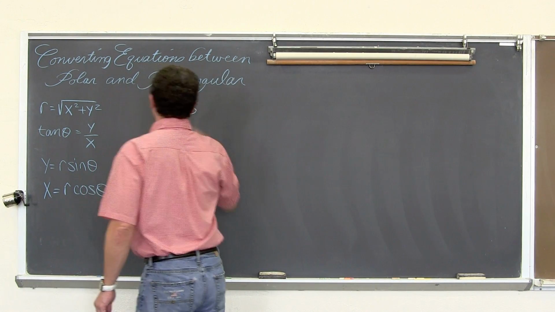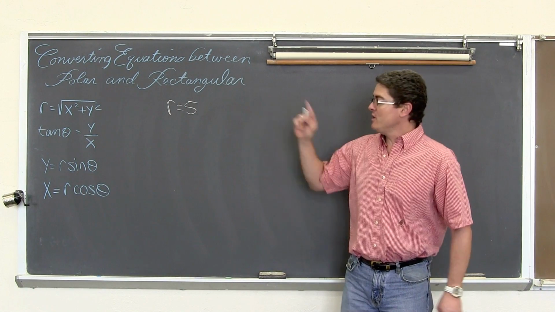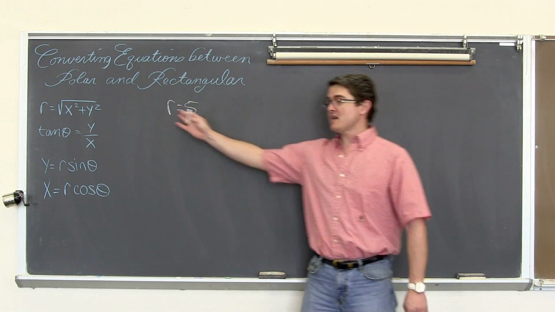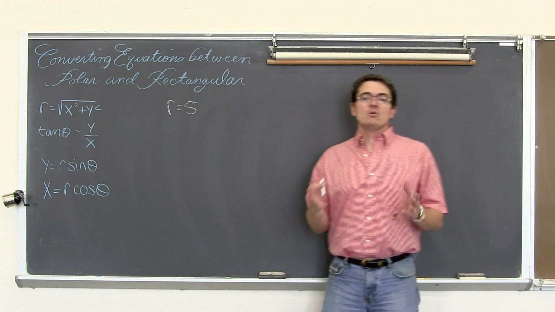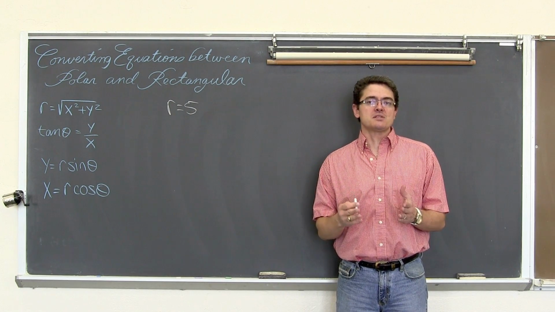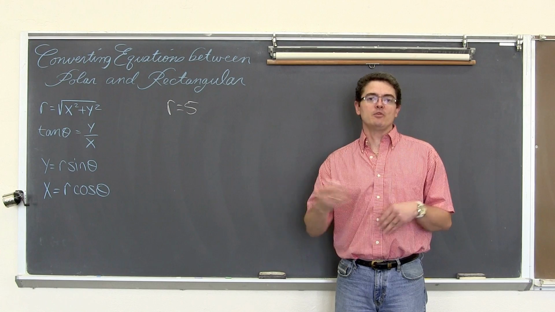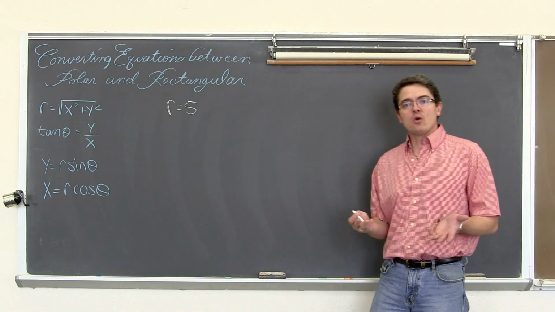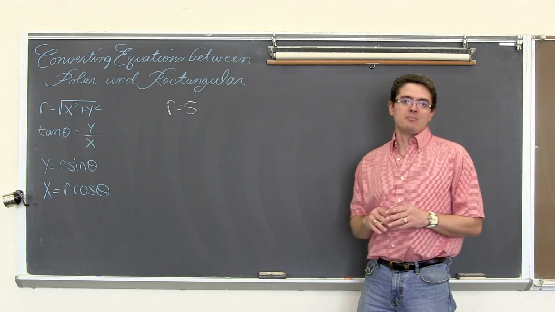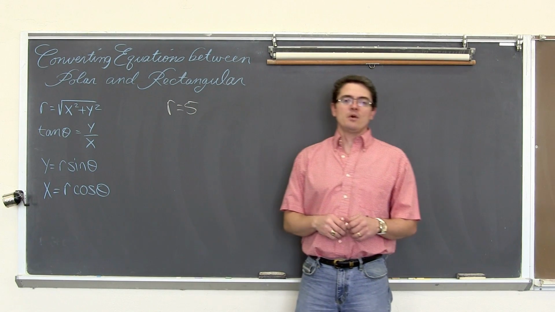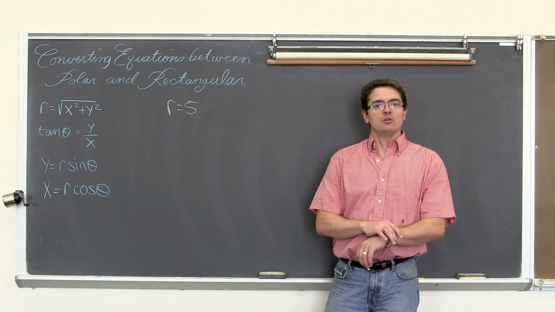r is equal to 5. Now, what form do you think that equation is in? Well, it has an r. Remember, a point in a rectangular system is described by an x and y coordinate, a left and right movement and an up and down movement. Polar coordinates use r and theta to describe points in a flat plane, and thus, if you have an equation with r and theta in it, it's in polar form.